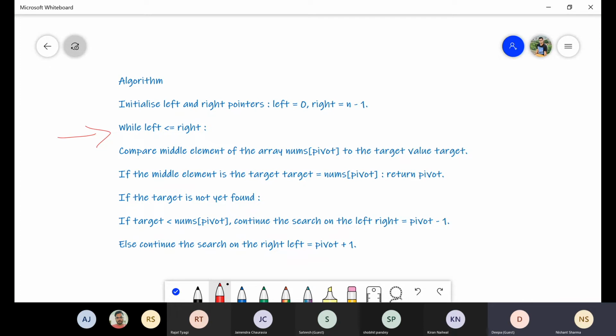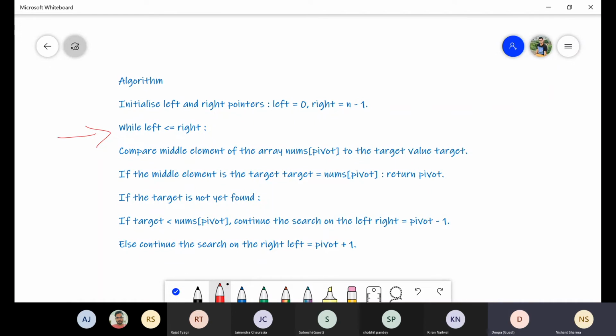Now the second thing is how do we search using binary search? In binary search we always try to calculate the pivot element. And to calculate the pivot element, there are multiple ways. One way is basically array length divided by 2. That could be your pivot point. Then another way, since you already have left and right, you can directly write left plus right divided by 2. That could be your pivot element.